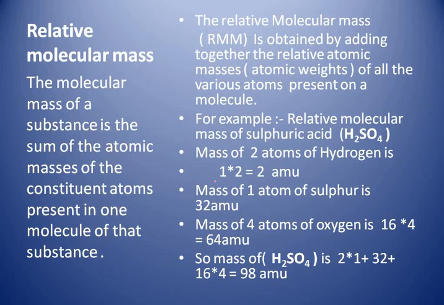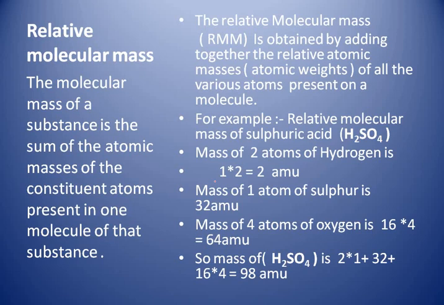Now we calculate the atomic mass of the element, that is the relative atomic mass of the element. If you say relative atomic mass or atomic mass, the meaning is always the same. We are dealing with the relative atomic mass. If you say atomic mass, then automatically it is the relative atomic mass. Now we have to calculate the relative molecular mass. You need to understand one thing: a molecule is made up of atoms. All the atoms combine to form the molecule.